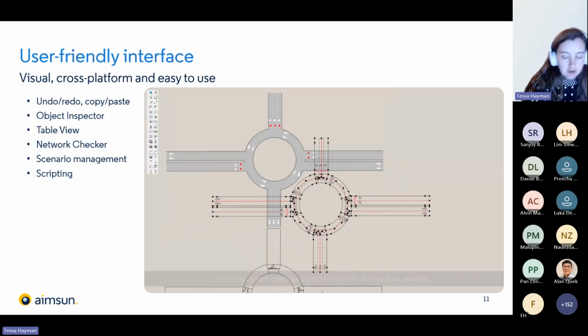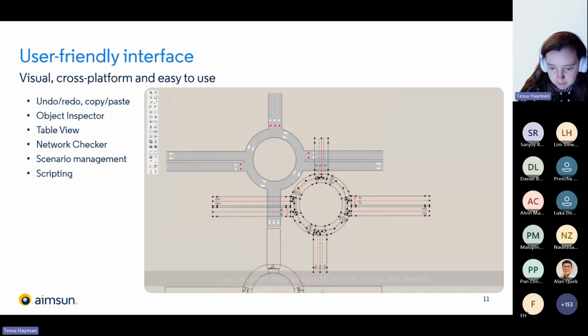We also have scenario management, which I'll just show you in a minute, and scripting. So I'll explain it again in a minute, but everything that we do in our user interface, pretty much, can be done via a Python script. This allows you to automate a lot of processes in a flexible way that you wish to do it. So importing traffic data, importing signal plans. By giving you the ability to do it from scripting, it means that you can do this from any format that you wish. Okay, I am going to switch,